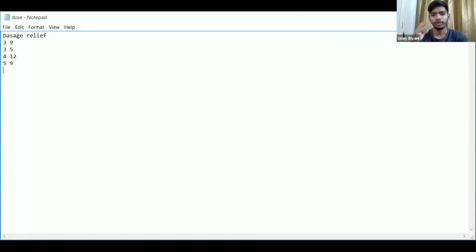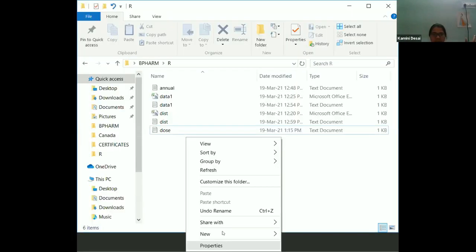Ma'am, when you share a screen with new share, only the screen which is active will be visible. Meaning right now we can see Notepad. To show the folder, you will again have to click on new share and show the folder. Yeah. See, now you can see the screen.